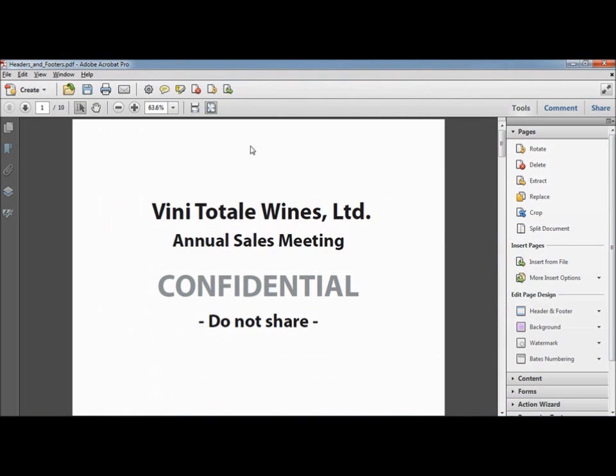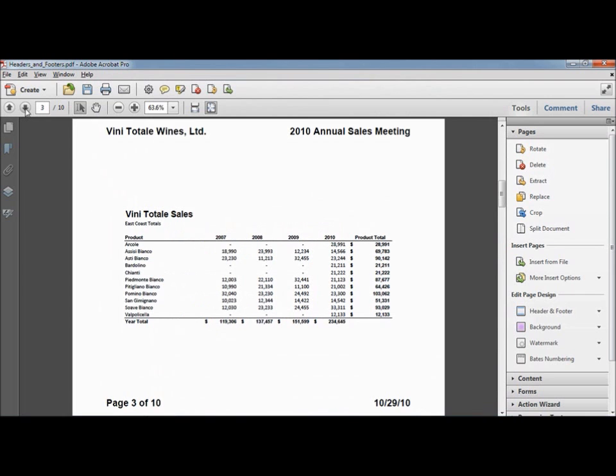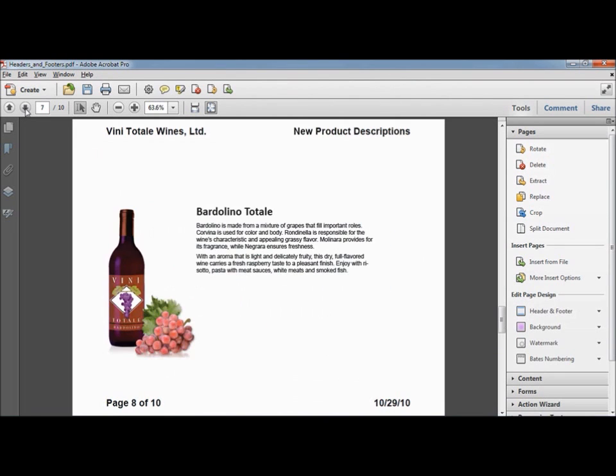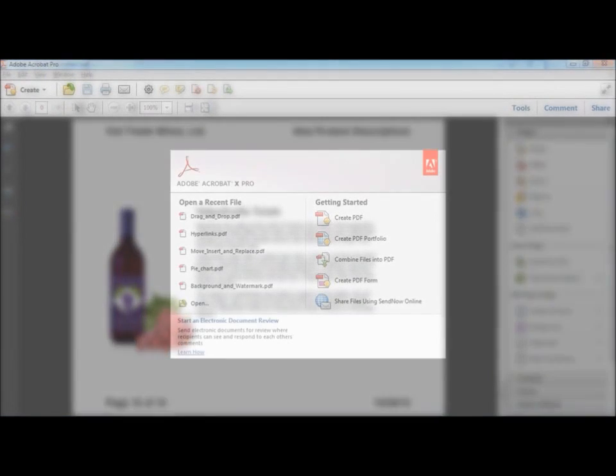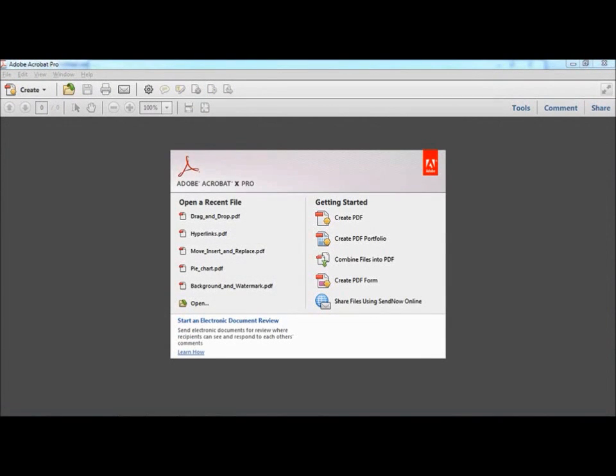And as you can see, the header was removed from the first page but remains on all the rest of the pages. You won't need or want to add headers and footers to every PDF file, but it's nice to have that capability at your fingertips. Like headers and footers, backgrounds and watermarks are used to add visual appeal to PDF documents